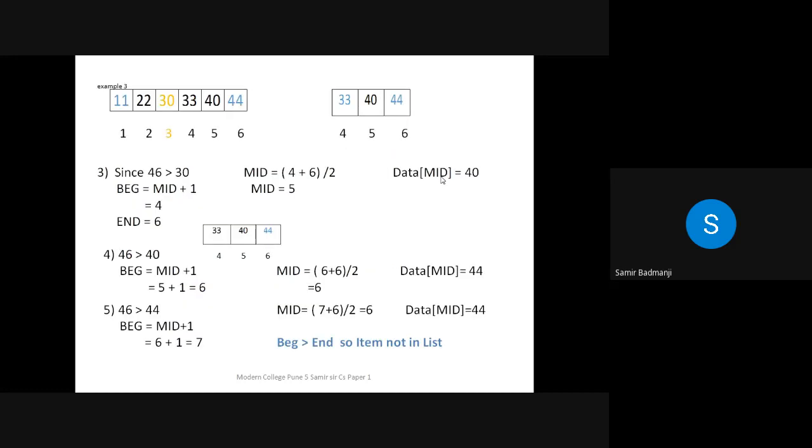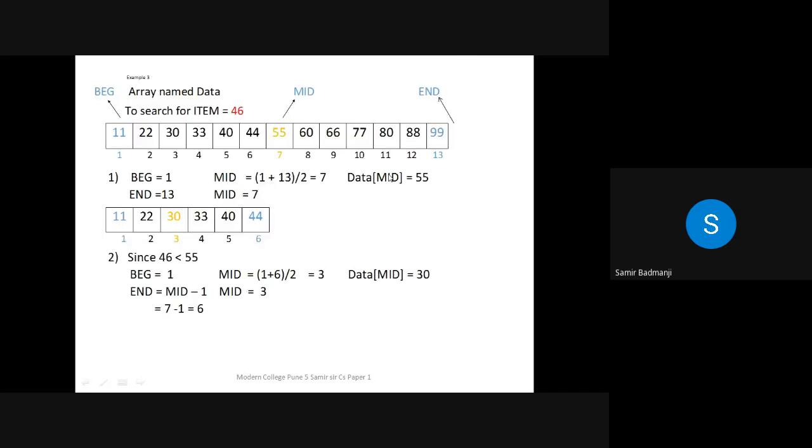Now see, this is the third example array. Same array we have taken, only one or two numbers may be different, but this is in ascending order. Now see, we are searching for the element 46.